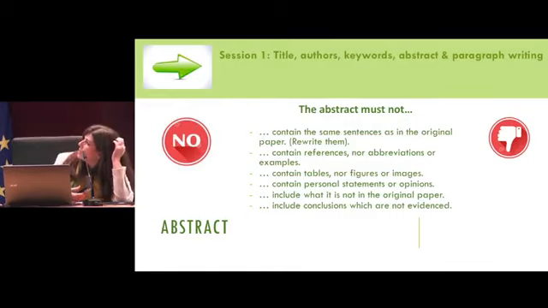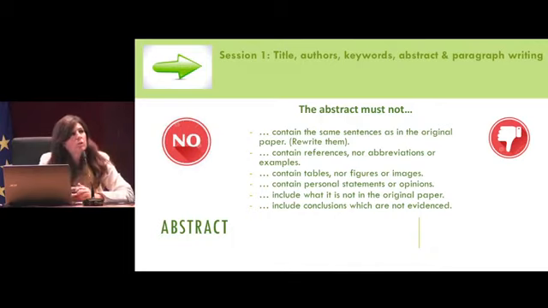It must not include what is not in the original paper. We cannot say one thing in the abstract and then go to the article and see that this is different. It's not what we say. So we have to be coherent. And finally, it must not include conclusions which are not evidenced. You cannot say, results show that